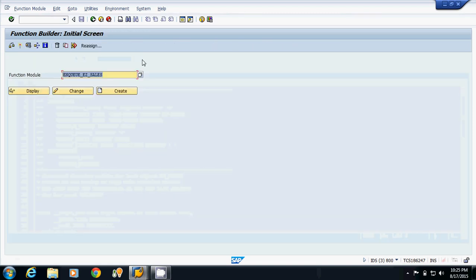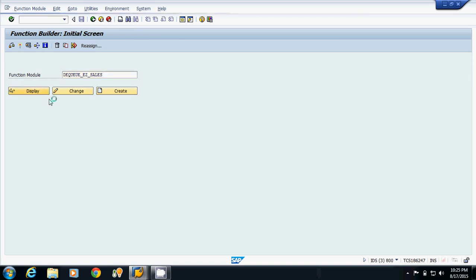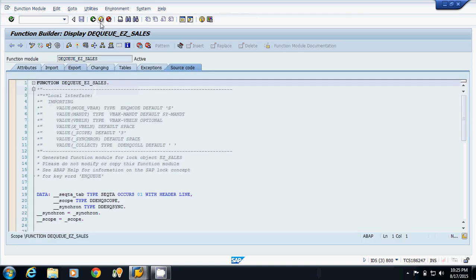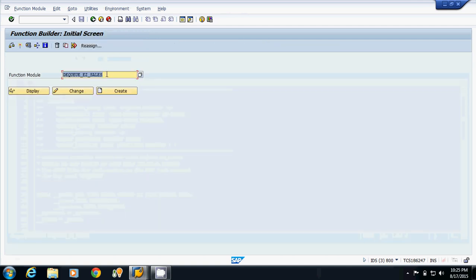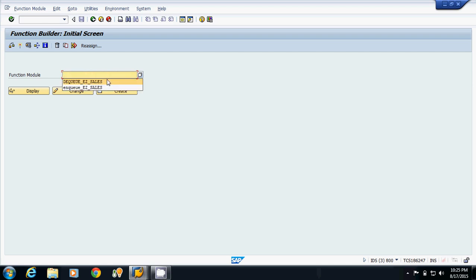Now we have the second function module, that is DEQUEUE underscore lock object name. This is the second function module, which is used for unlocking. So whenever you are creating a lock object, two function modules will be automatically generated: first with NQ underscore object name, second with DQ underscore object name.